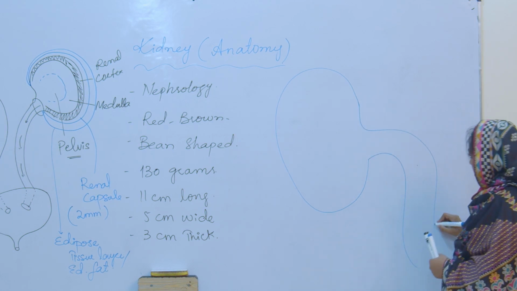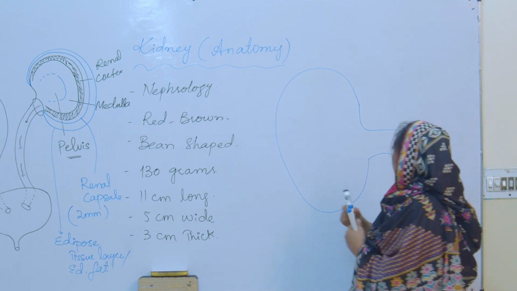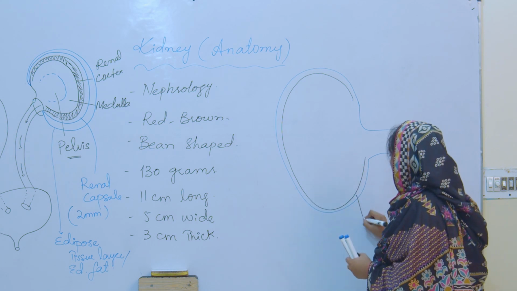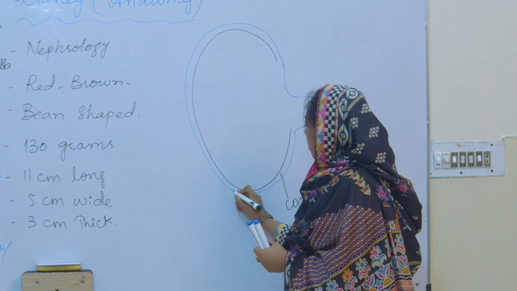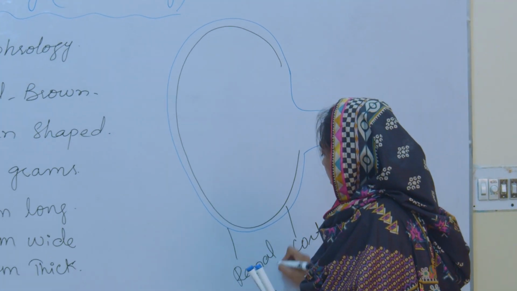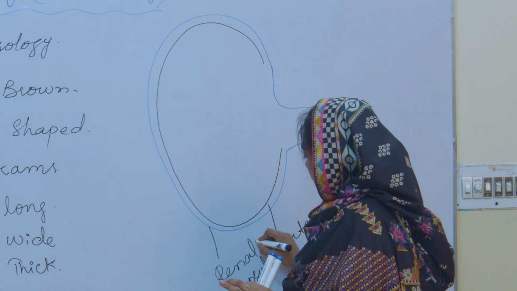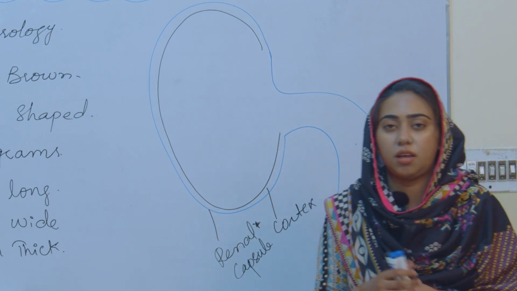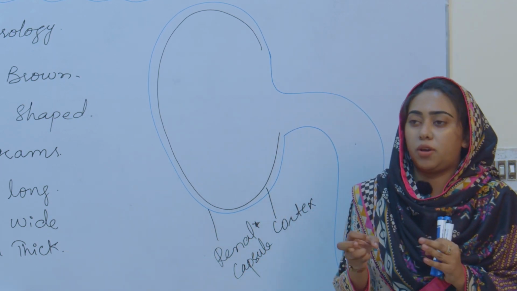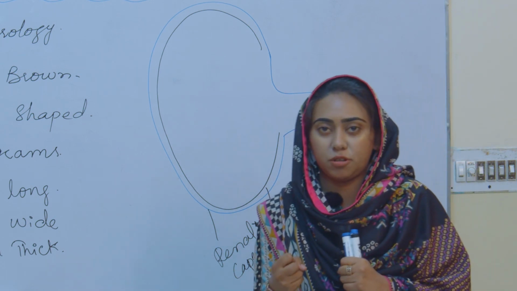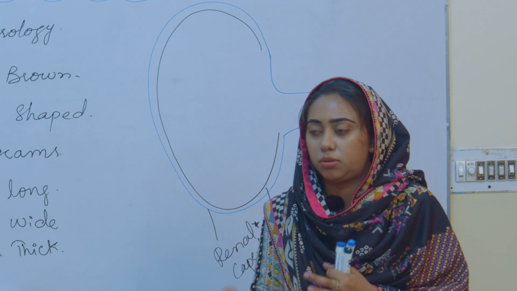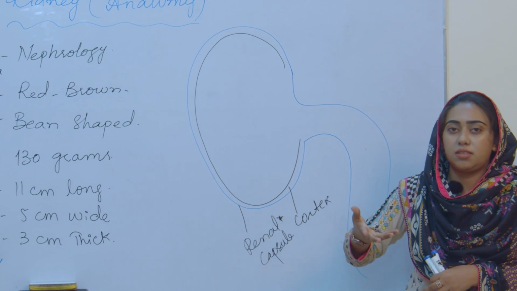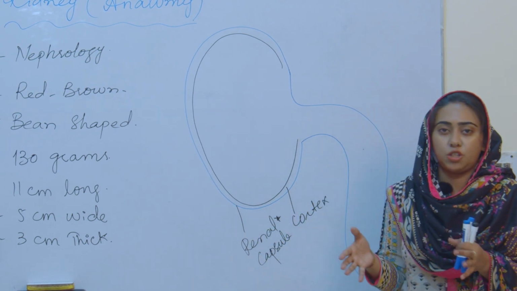Okay, for a while you have to consider this as the kidney. This is the part, the cortex, and this is the renal capsule, and this renal capsule has a speciality that it is having a bulk of pain receptors. The renal pain may be very drastic and very painful because this renal capsule has a bulk of pain receptors. The kidney pain is not radiating from the inner tissues, but it is felt at that intensity because the capsule has so many pain receptors.